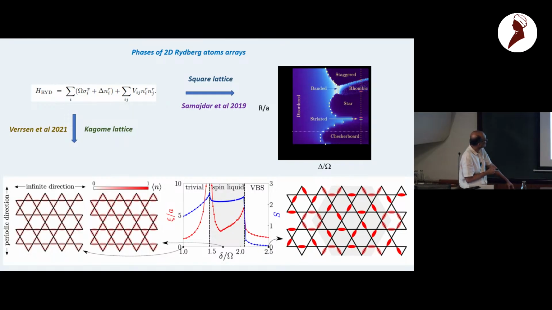And more interestingly, there is a paper from Ashwin's group which showed that if you arrange this on a Kagome lattice, but with the sites of the lattice sitting on the center of these Kagome bonds. So this is sort of a complementary lattice to the Kagome, not exactly the dual, but close to that. And this lattice is called the Ruby lattice. If you just join the midpoints of the Kagome and try to form a lattice, that's called a Ruby lattice.